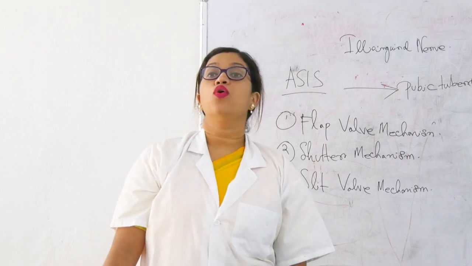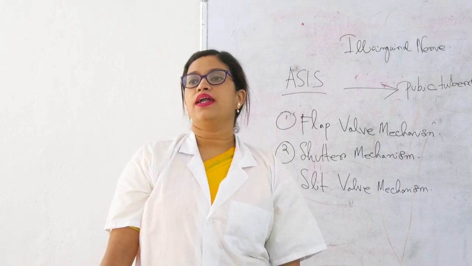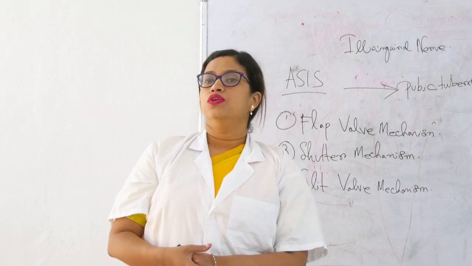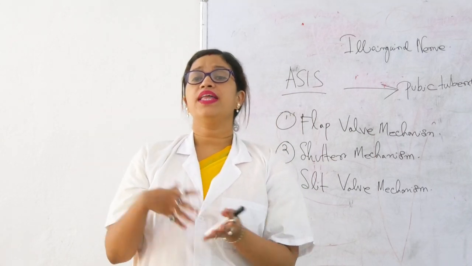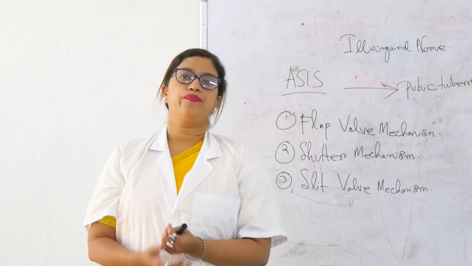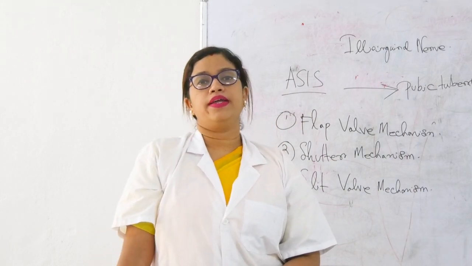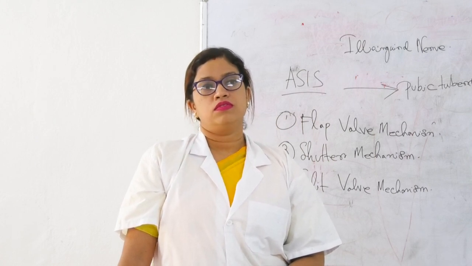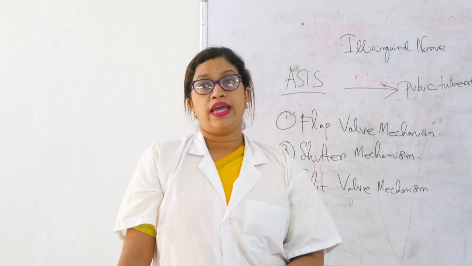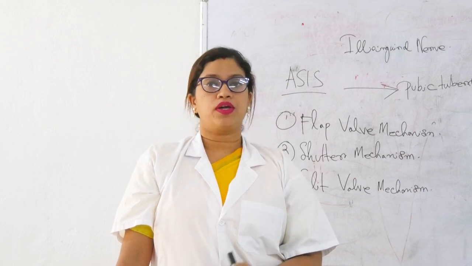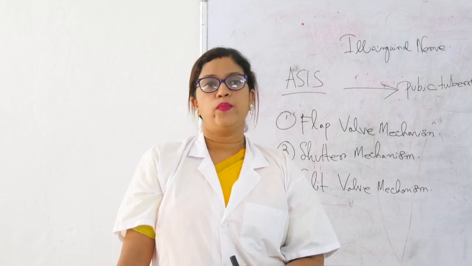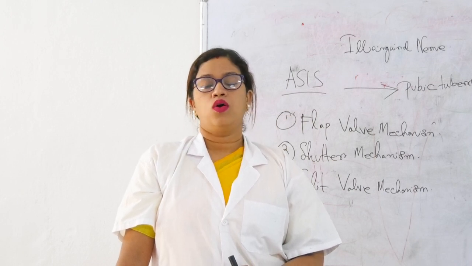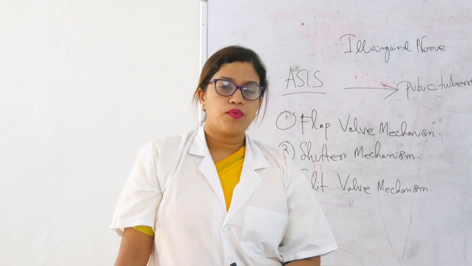The external oblique aponeurosis is acting as a shutter. Okay? Because of pressure, when the hernia happens, when does it happen? What is the reason behind it? What is causing the hernia? Excessive weight bearing. This is one of the causes. Then second, weakness of the muscle of the anterior abdominal wall.